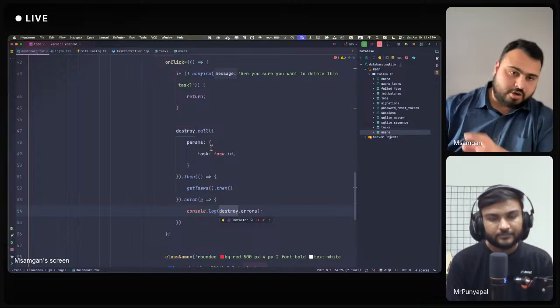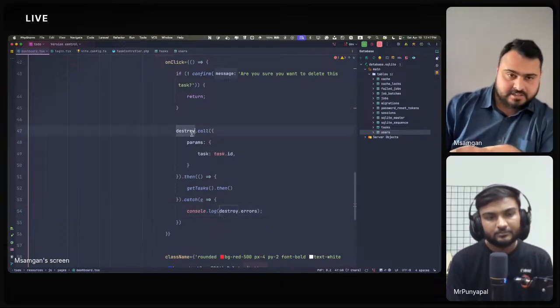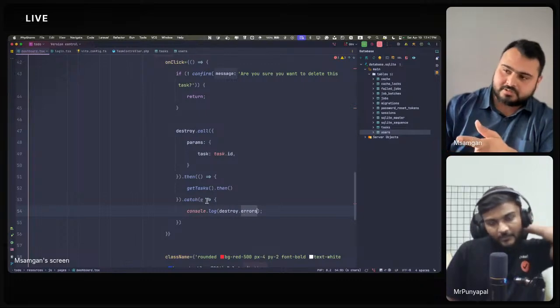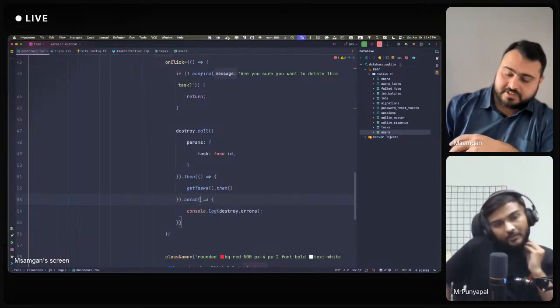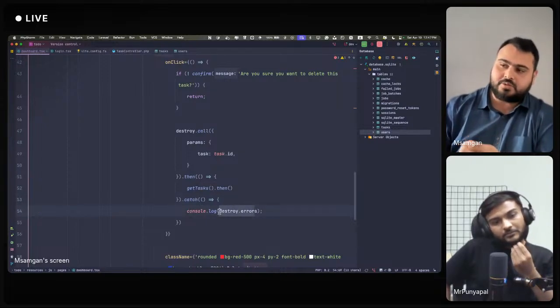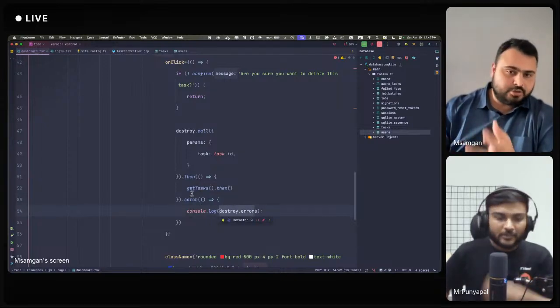Anything which goes wrong while calling this function will be logged into these errors. So once you have everything in place and everything is proper, you just use these error methods and you can act according to that. And whenever anything goes wrong,